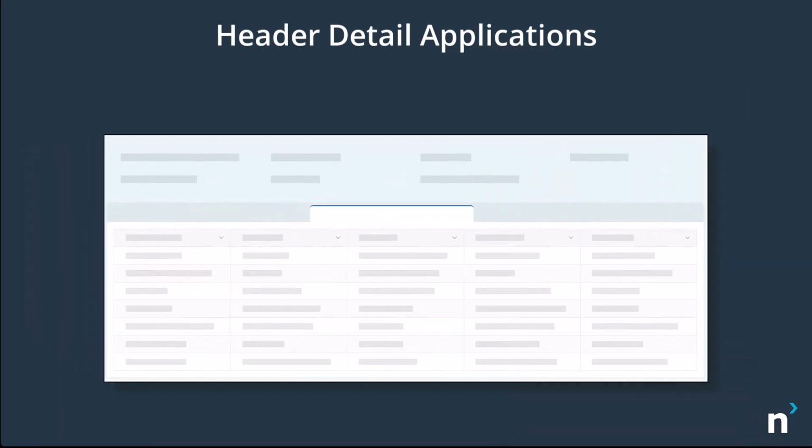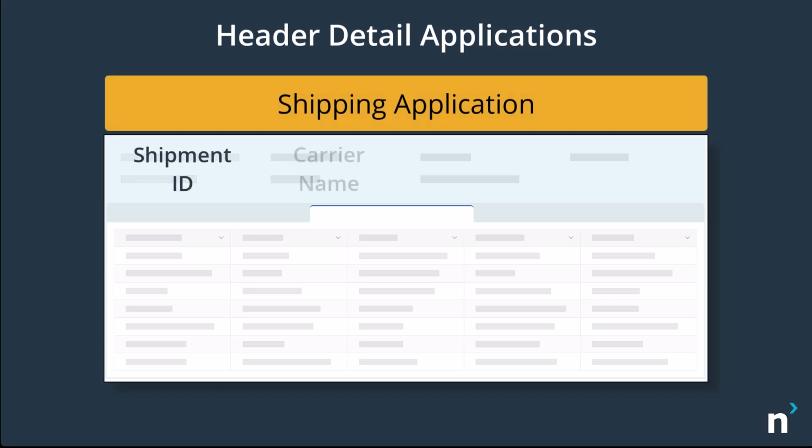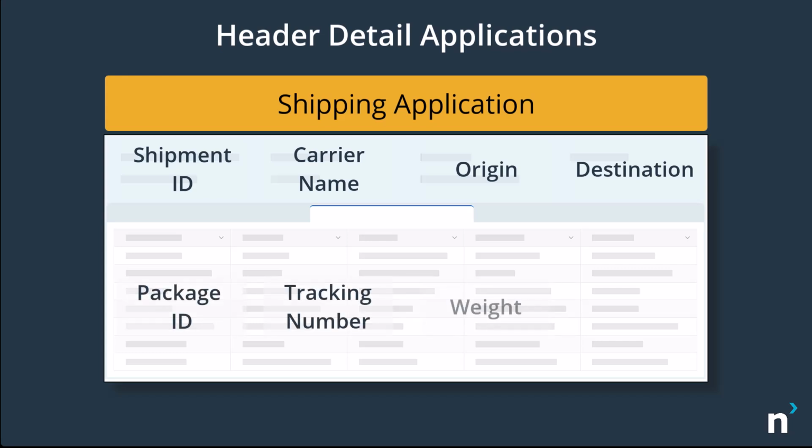For instance, a header detail application could be designed to track shipments. In this case, the header section would include fields such as shipment ID, carrier name, origin, and destination. The detail section would contain information about the individual packages, including tracking numbers, weight, and delivery status. This approach helps keep related data organized and allows users to view summary and detailed information together, minimizing the need